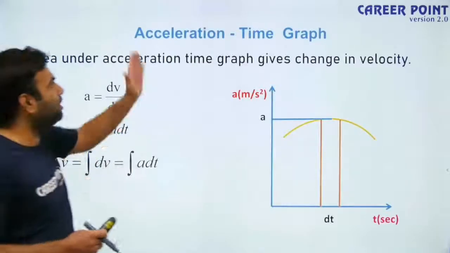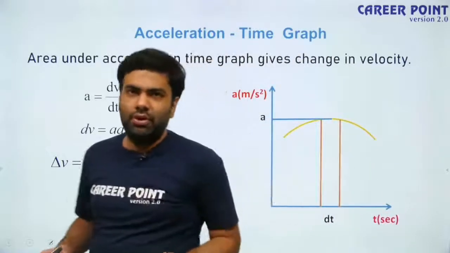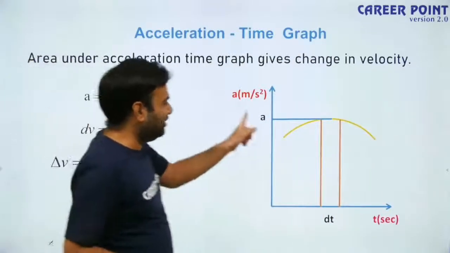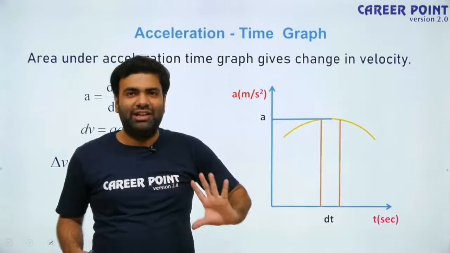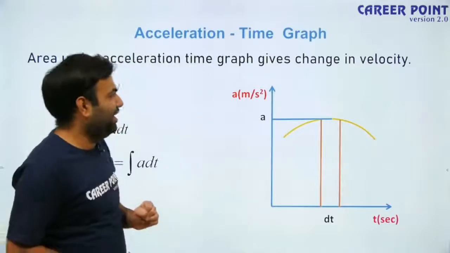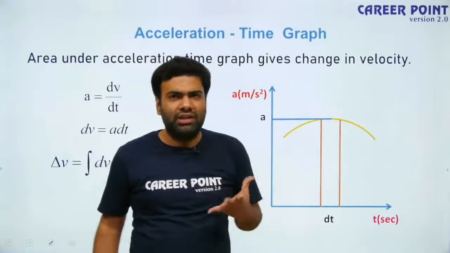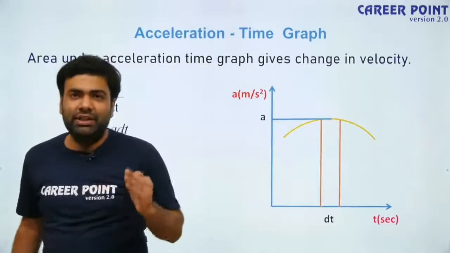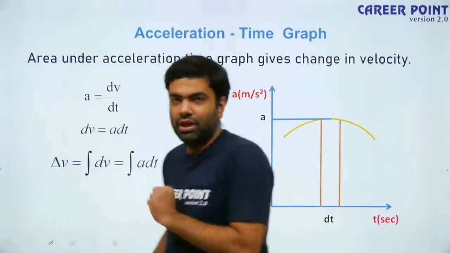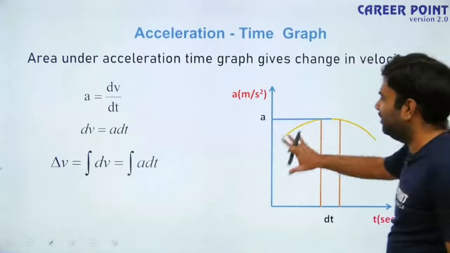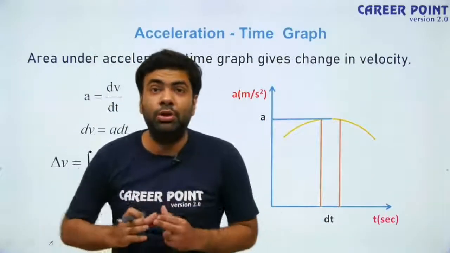Now let us talk about the acceleration time graph. If we have an acceleration time graph, what can we calculate from it? First of all, the slope of the acceleration time graph will be the rate of change of acceleration with respect to time. That is not useful for us. But the area under the acceleration time graph, what is the area under the graph? Area under the graph is the definite integration in the given limits. So the area under the graph gives you the integration between the given limits, and you know integration of acceleration